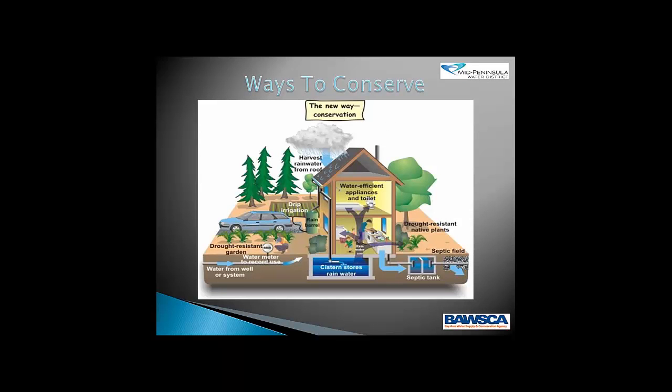When looking at ways to conserve, it's important to look both inside and outside the home. In prior droughts, there was a huge focus on reducing indoor water use. And the result of that is that indoor water use is already significantly lower than it was 20 years ago. This drought, we're seeing a huge focus on reducing outdoor water use, and in particular, looking at our landscaping and what options there are for having beautiful, sustainable landscapes that are not water intensive.